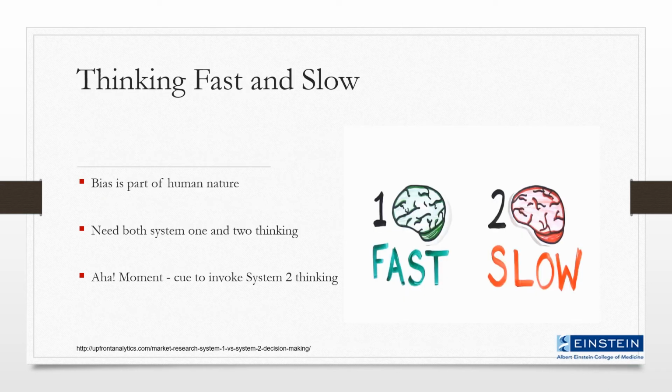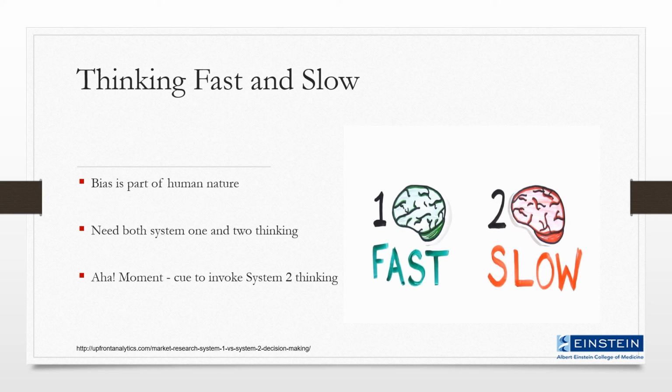To summarize, remember that having bias is part of human nature, and that we need both System 1 and System 2 thinking. The key is realizing when System 1 thinking is causing us to jump to a conclusion, influencing our behaviors in ways we would not want it to if we had the time to think everything through more thoroughly. That aha moment is our signal to invoke System 2 thinking so that we could have positive, fair, inclusive, and welcoming outcomes to as many of our interactions as possible.